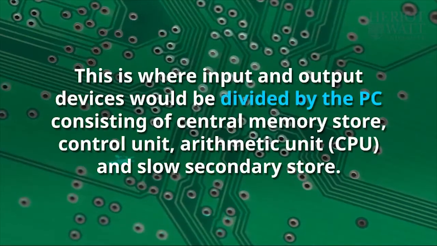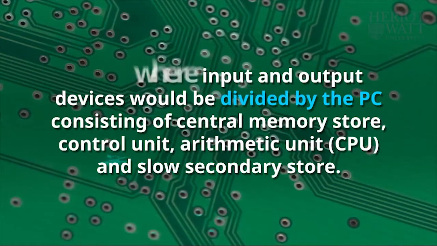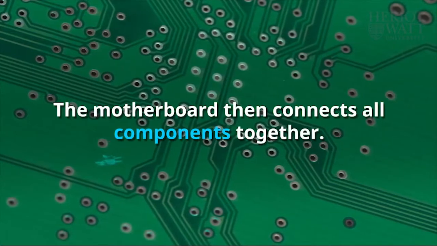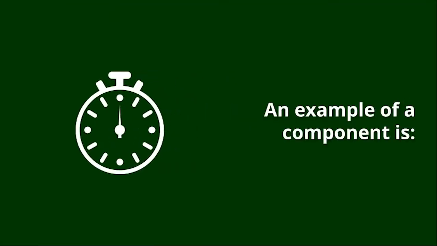This is where the input and output devices will be divided by the PC, consisting of central memory store, control unit, arithmetic unit and slow secondary store. The motherboard then connects all components together. Some of these components are: